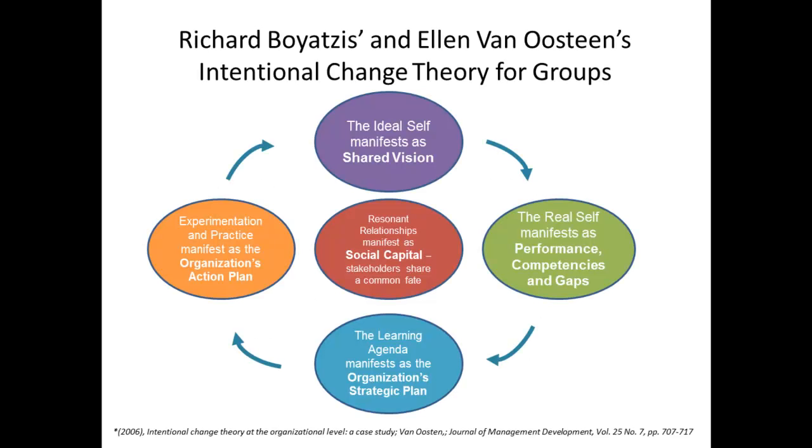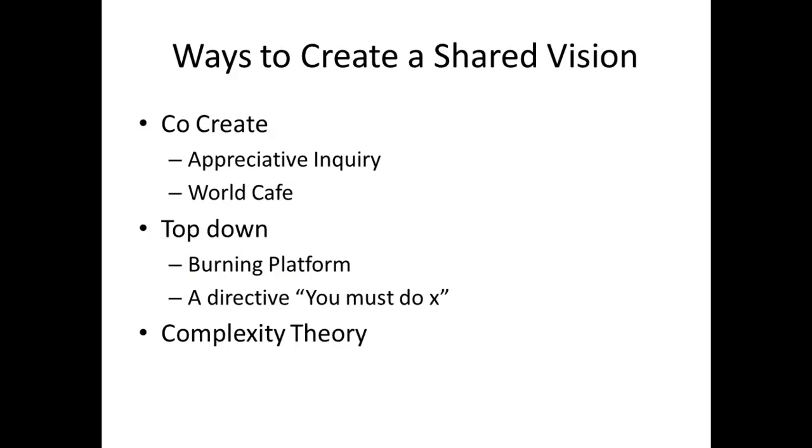Okay, just a quick review. Here's a model for change, and this is the model that we're going to use for groups. It starts off with the ideal self, or the shared vision, at the top. So what is the shared vision that we have as a group? We talked about that. Now we're going to talk about the real self, or basically the performance competencies and gaps. But just as a quick review, let's talk a little bit about what we talked about last time,